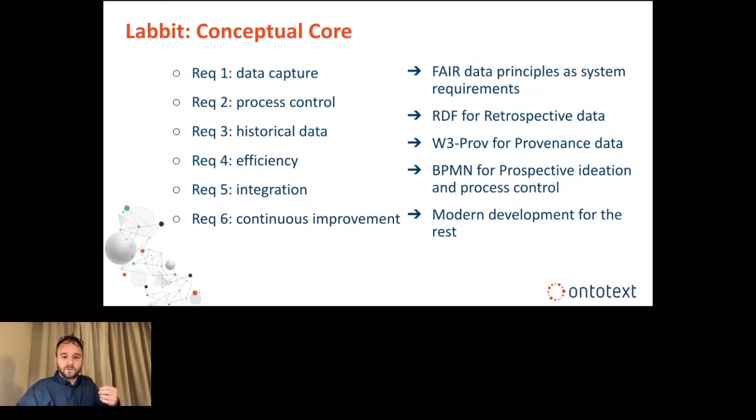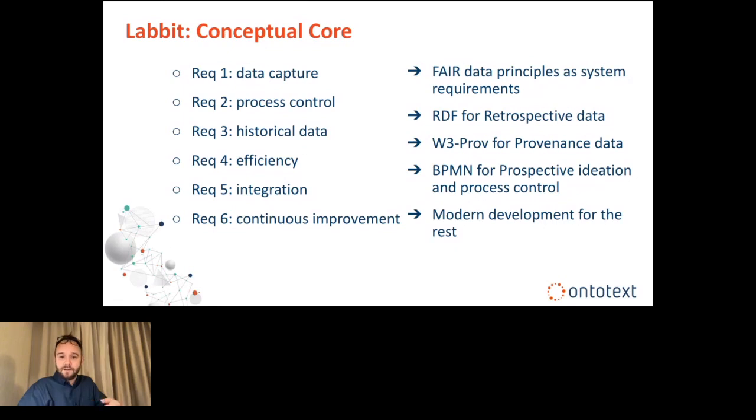But what about process control? Well, it turns out that if you think about the data store as the retrospective place to store things, the historical place to store things, it naturally follows that you need to think prospectively about how to specify what you want to do, as in state ahead of time what you're planning to do in any given process, and then follow that process rigorously. So as we explored the space, we discovered the ISO standard business process model and notation,